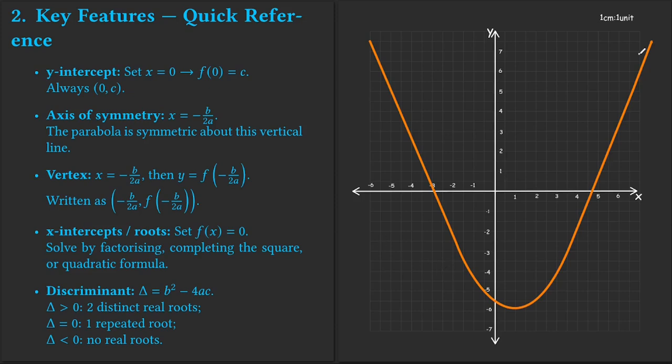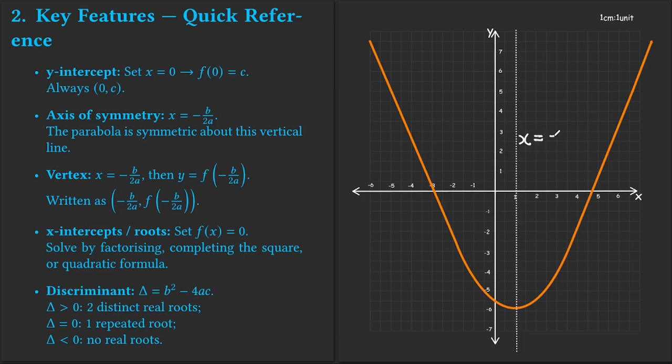So if we look at this over here, it is in a form of U. If I'm to draw a straight line through this point, that is through 1, you realize that I have formed two mirror images such that this side is the same as this side. Now to get this axis, which we call the axis of symmetry, it is simply x